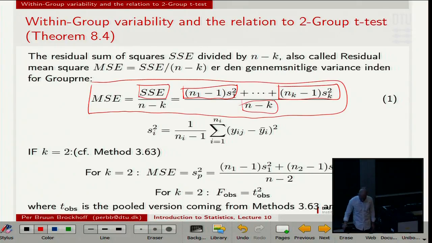In the case where all the n_i's are the same,